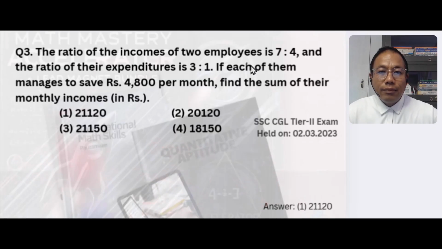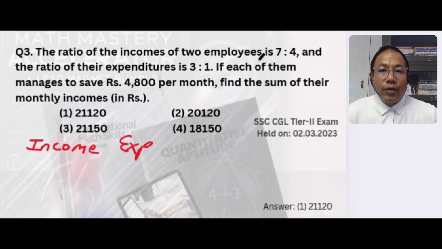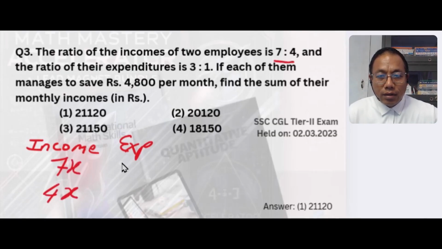We have income. We have expenditure. We have to find income. The ratio of incomes of two employees is 7 is to 4. Income is 7 is to 4, I'll write 7x. The ratio of their expenditure is 3 is to 1, 3y is to 1. If each of them managed to save 4800, savings